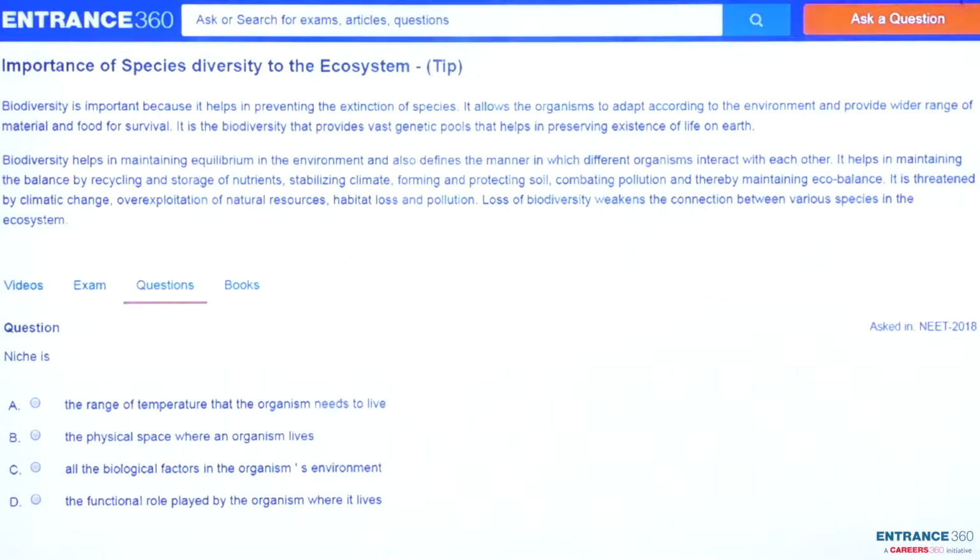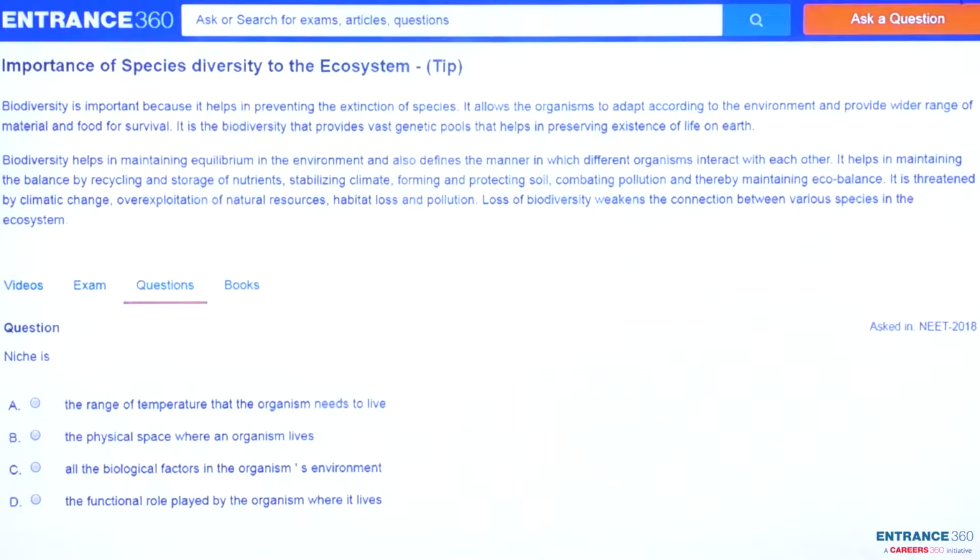In this question they are asking which of the given options is the niche. The options are: the range of temperature that the organism needs to live; the physical shape where an organism lives; all the biological factors in the organism's environment; and the functional role played by the organism where it lives. So before solving, you have to understand the concept behind this, and the concept is importance of species